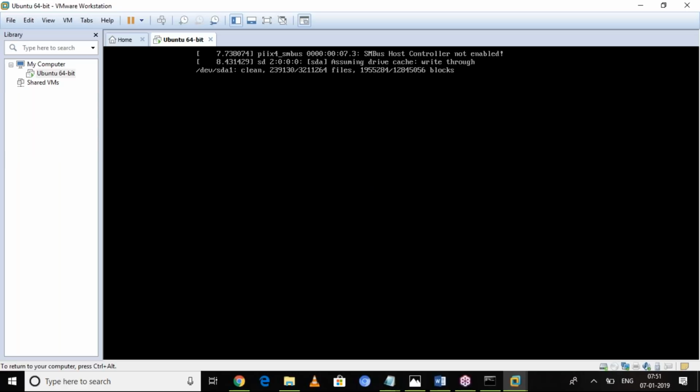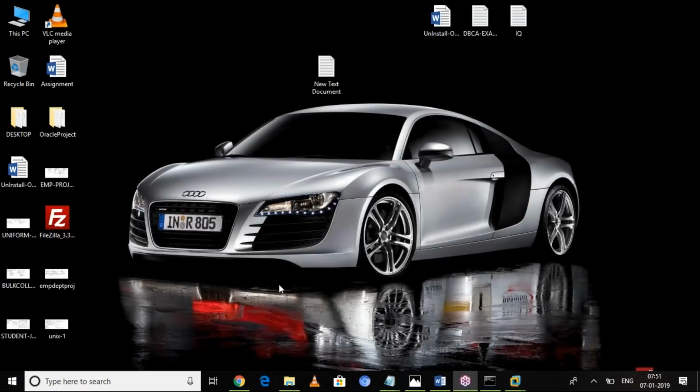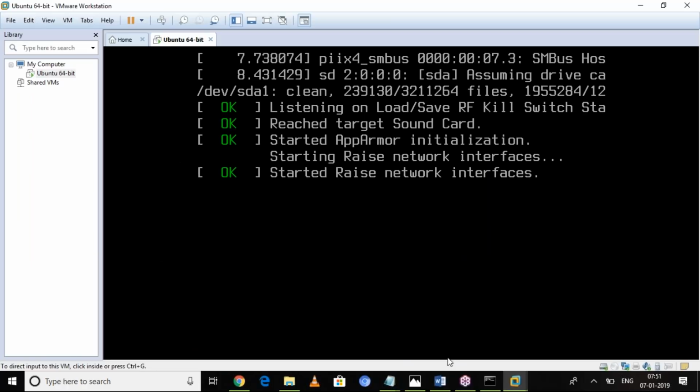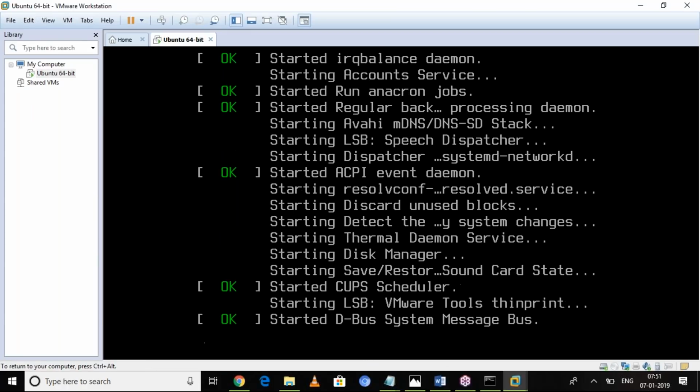Automatically it will be closed. Once it is closed, you can work with Windows. So there is no disturbance to any other operating system.